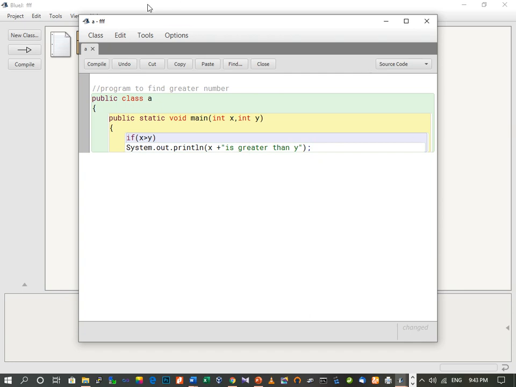Whatever value the user enters for x will be displayed here, and this plus is a concatenation operator which will concatenate both values. Suppose the user enters 20 for x and 10 for y, then this is true because 20 is greater than 10. So the output will be 20 is greater than y. Here the plus is concatenating the x value and whatever is under the quotation marks. So this is a very simple program.